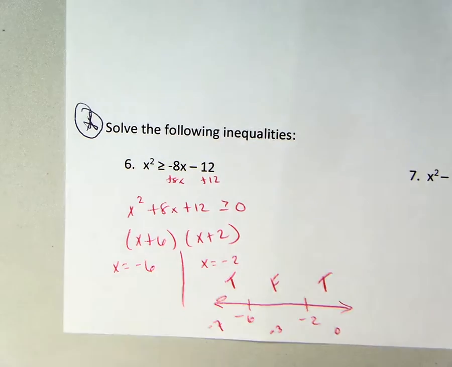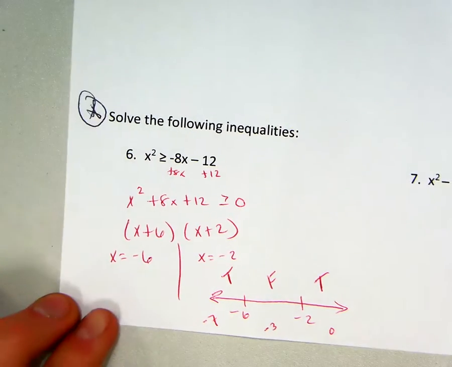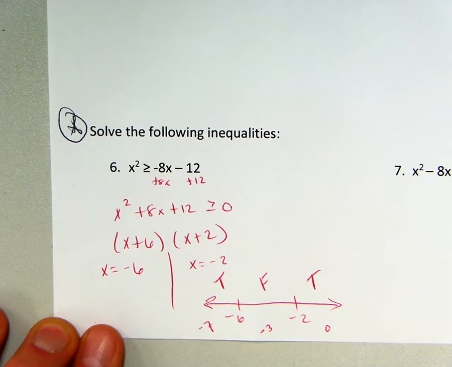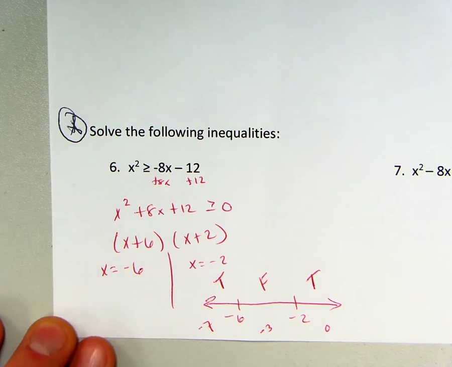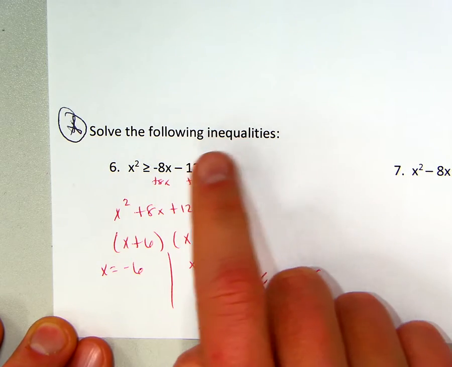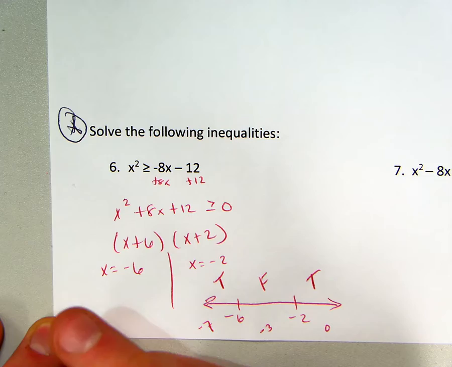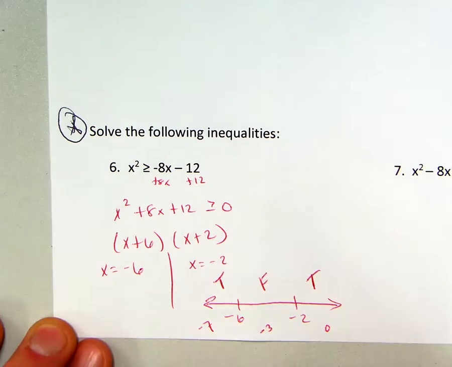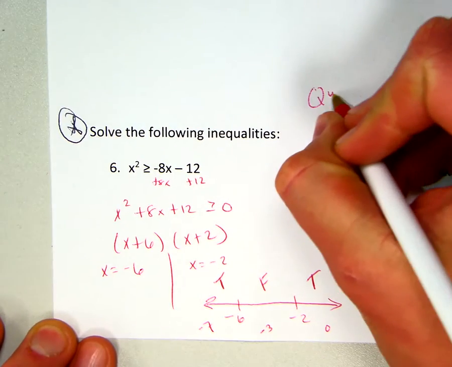So this is the last part of the Unit 4 video review. This is part 3. It just cut off, I ran out of space. But the biggest thing with this is when you solve the following inequalities, you need to get everything over to the left side. If you go everything to the right side, that's fine, but you're going to have a negative x squared, so you're going to have to use the quadratic formula, which is